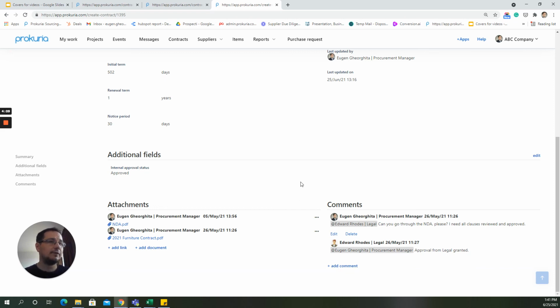This has been just a short overview of how the contracts repository works in Prokuria and how you can add other contracts. If this is something interesting for you and you would like to explore more, or you would need more